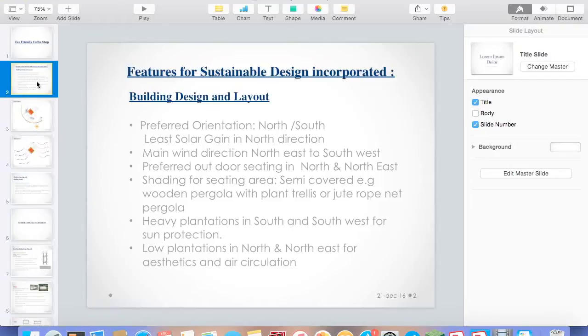These are the features for sustainable design. First and foremost is when we start to think that we have to design a building, what do we think? How the placement, how the orientation should be of the building. Now, in the northern hemisphere, where I'm currently in Muscat, or this also applies to India and other Asian countries in the northern hemisphere, what should the preferred orientation be? The preferred orientation should be